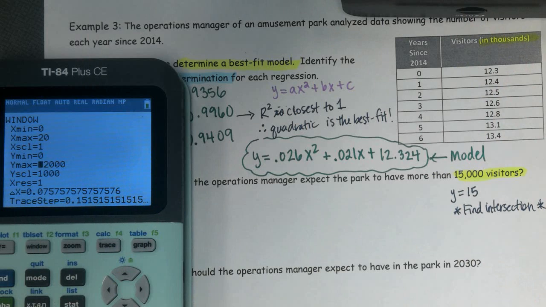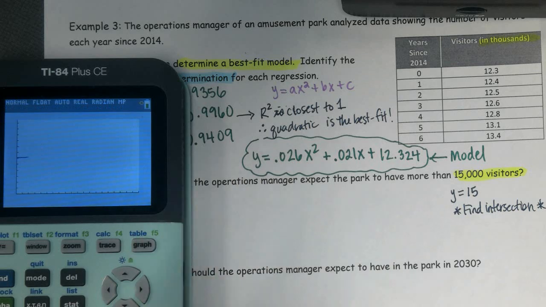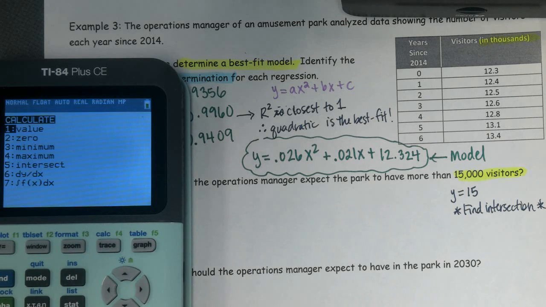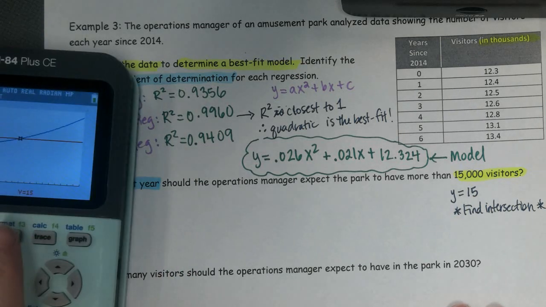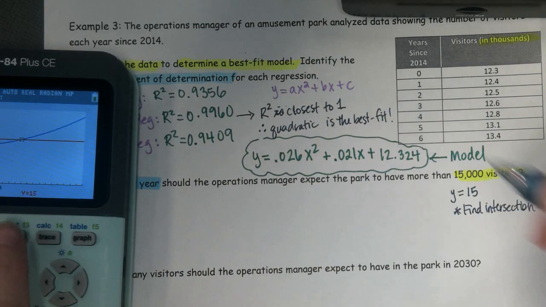So I adjusted it to 12,000, so I'm not going to want it to be that far up. So if it's 15, maybe I would go to 20 or 25. Could go by ones or twos. Okay, and then we would find the intersection by going second calc. And then this one I do have to move over a little. Sometimes they do a really nice job of just putting it right close to the intersection for you. And it says in what year. So your x value